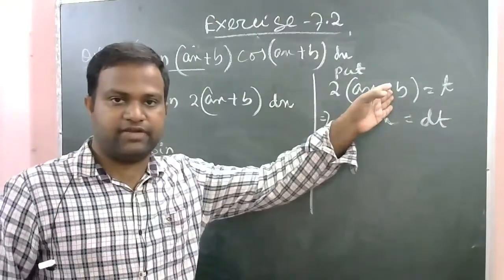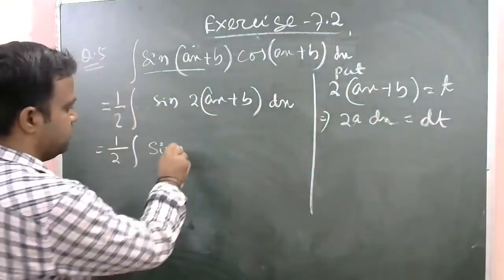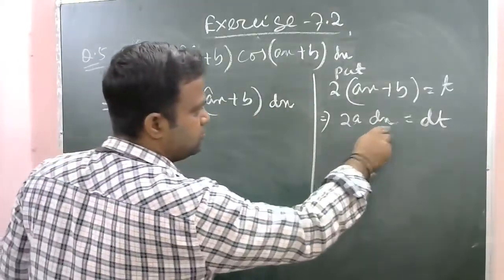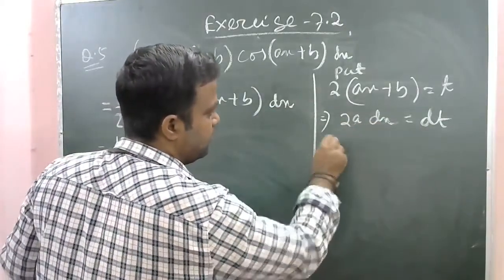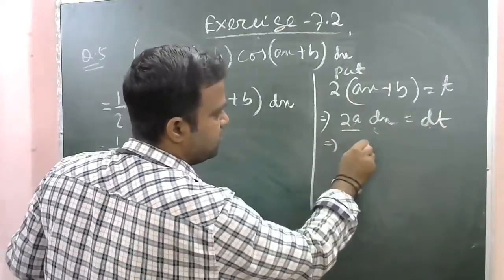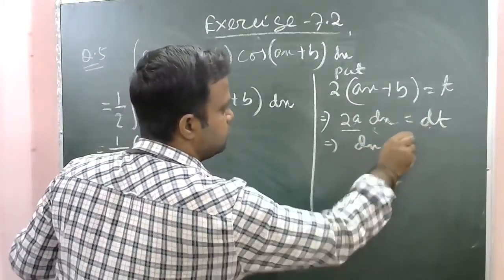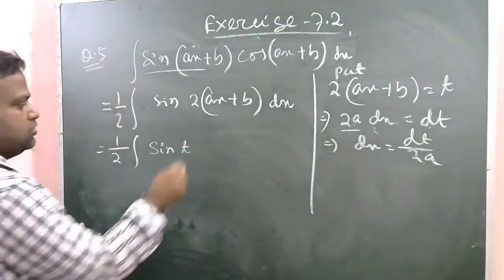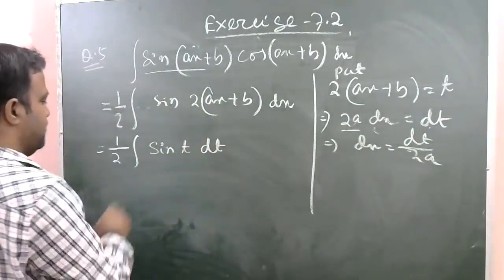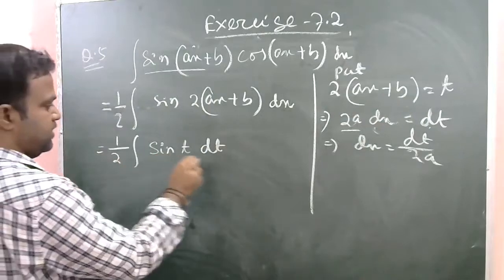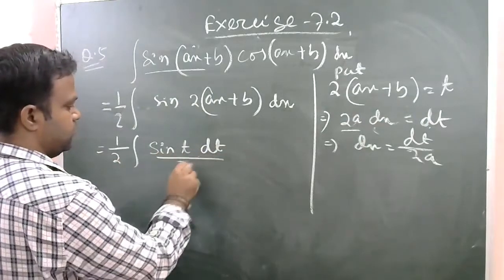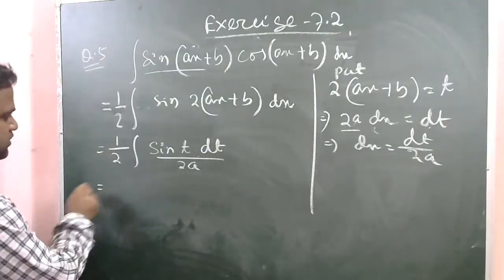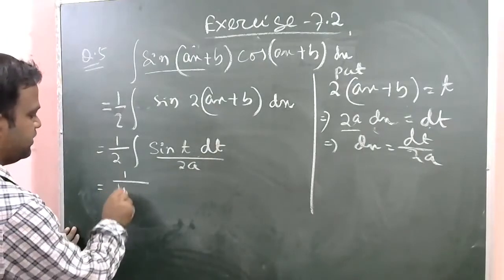This one is t I have taken, so this one will be t, and dx is equal to dt by 2a. Right, this 2a will be divided here. So dx is equal to dt upon 2a. Right. So this will be dt, and here it will be multiplied by 2a. Right. So now this one becomes 1/4a